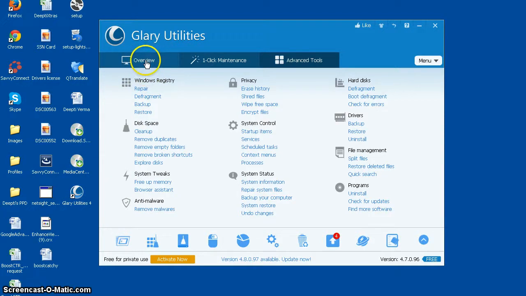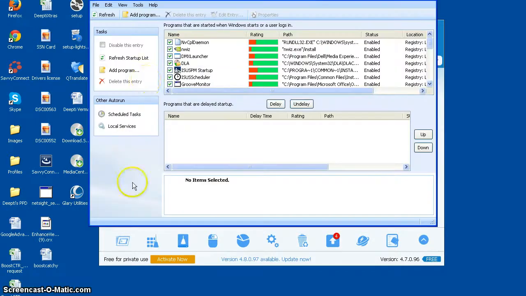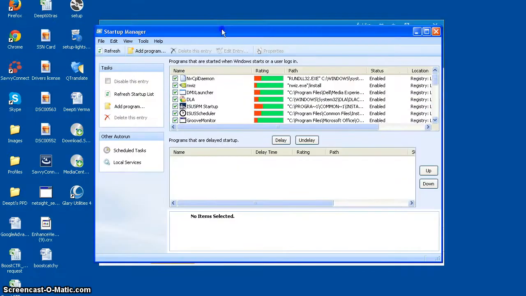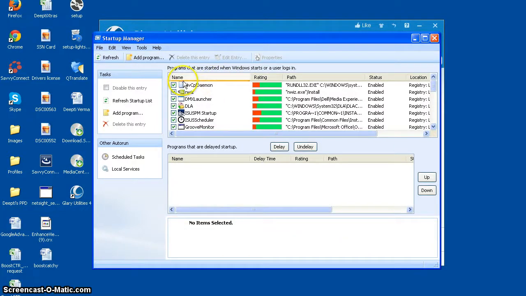It's got overview, one click maintenance, advanced tools, and over here it lists all the features that it has. So let me go step by step with all these features. The first one is just a startup manager, like the task manager that you have in Windows.